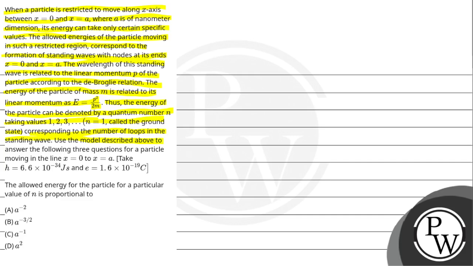Use the model described above to answer the following three questions for a particle moving in the line x equal to 0 to x equal to a. Take h equal to 6.6 into 10 to the power of minus 34 joule second and e equal to 1.6 into 10 to the power of minus 19 coulomb. The allowed energy for the particle for a particular value of n is proportional to: option A, a to the power minus 2; option B, a to the power minus 3 by 2; option C, a to the power minus 1; option D, a squared. तो इस क्वेश्चन का कॉन्सेप्ट है